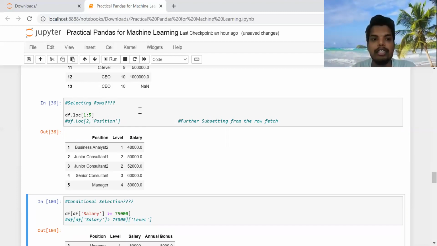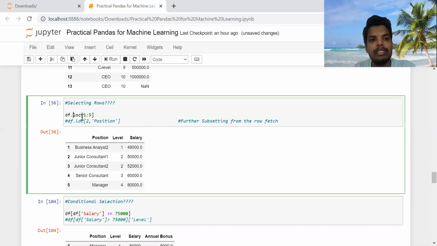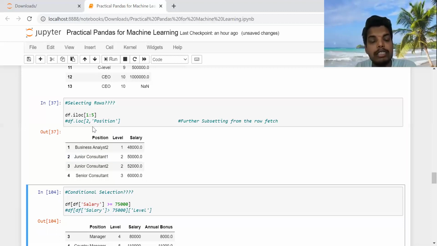There is also one more method. Here, see, it has included 1 and even 5 also. But if you mention df.iloc, it will assume positional indexes and will only show the values from 1 to the 4th index. People generally use df.iloc also. So you can see there is a difference between df.iloc and df.loc.